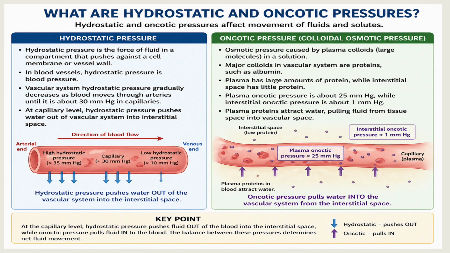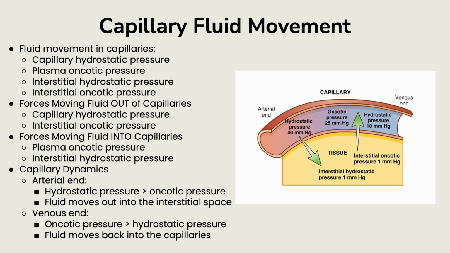It pushes water out of the capillaries into the tissues. Hydrostatic pushes, oncotic pressure pulls. So oncotic pressure is created mainly by plasma proteins, because remember now proteins love to bind, right? So they're going to pull, such as albumin. Like even the albumin example we went over, this pressure pulls water back into the vascular space. So this balance between these pressures is necessary to prevent edema and maintain the circulation. Please read over this and read the extra information in your assigned readings, because this will help you really understand this concept good.